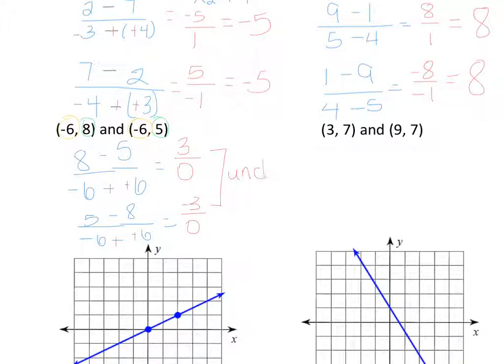We say that this is undefined because you cannot divide by 0. I know that you're looking at it going, well, it's not the same because one's positive, one's negative. However, the fact that 0 is the denominator is what makes the difference. Type into any calculator any number you want divided by 0. Every time you will end up with this answer of undefined, or the calculator will say error, because you cannot